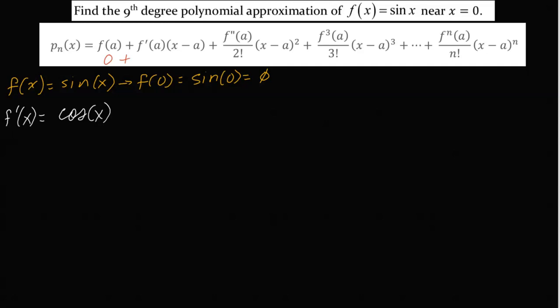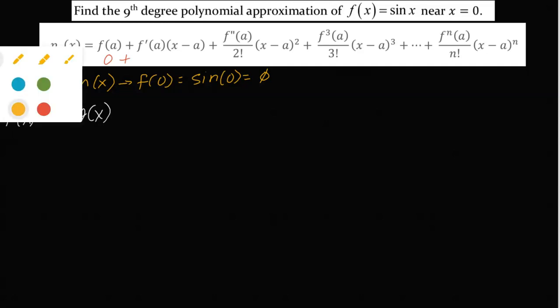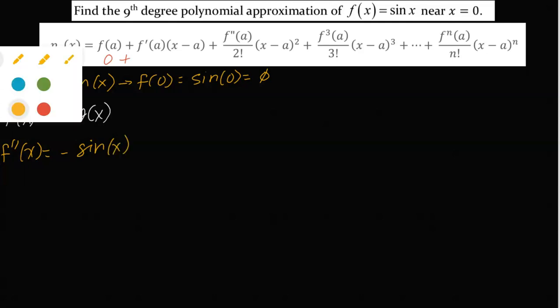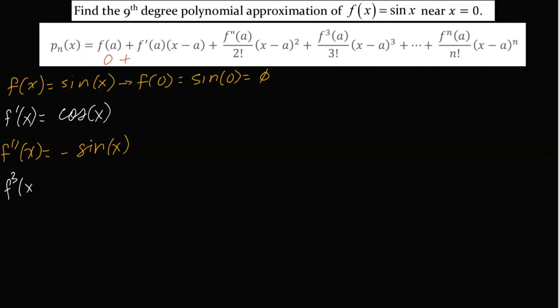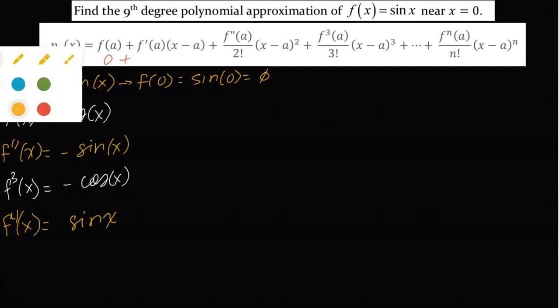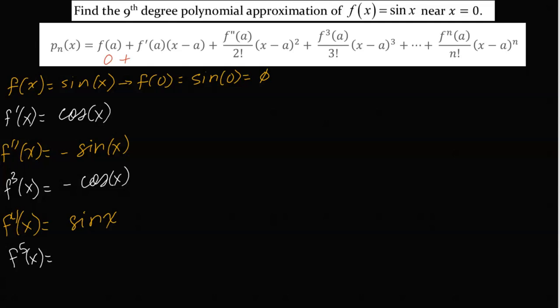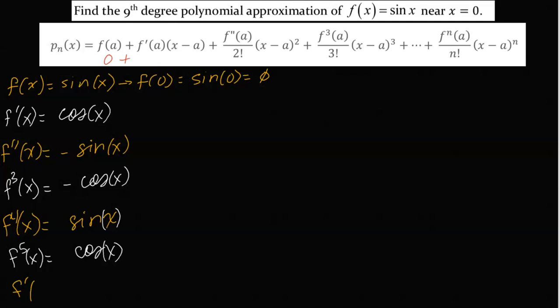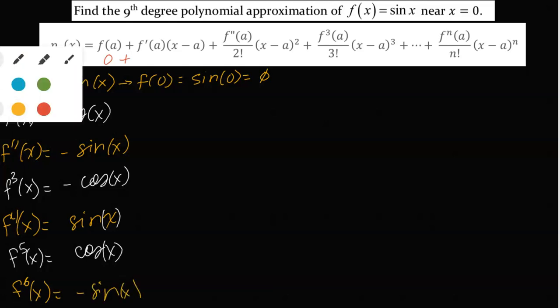And as a matter of fact, just because I want to keep continuity here, I'm going to go ahead and find the second derivative, and the second derivative would be negative sine of x, and then the third derivative is going to be negative cosine of x, and then the fourth derivative would be sine of x, and then we're back to the fifth derivative, which is going to be cosine of x, and then the sixth derivative